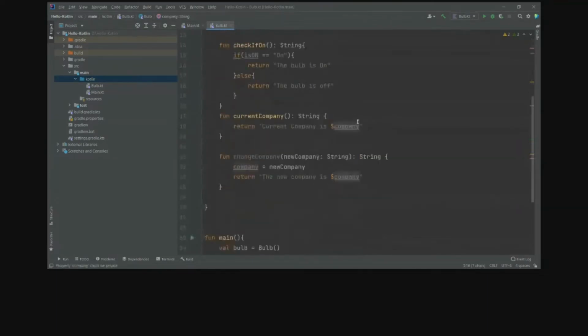So in order to access this variable within these double quotes, I need to use this special character dollar to access this variable. That's why we have used a dollar symbol here. Thanks, Ankit.